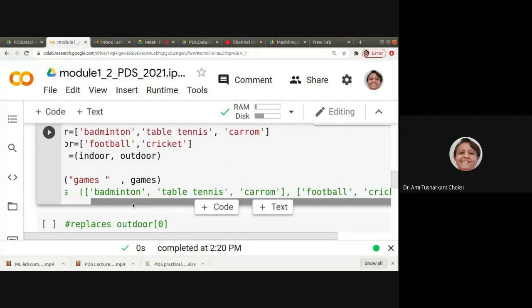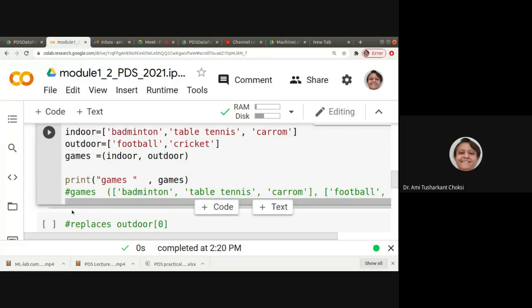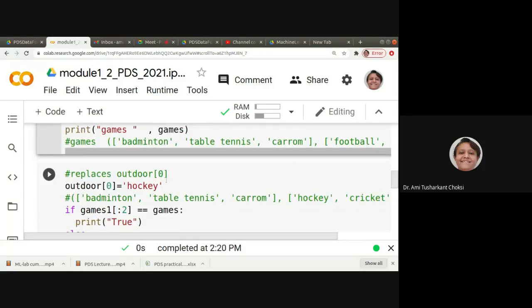Why have we done the same thing? Because we want to have the values like the original one, and then we want to do something, right? What we want to do is we want to replace the outdoor 0. So how can we do that? Outdoor of 0 is equal to hockey, right? We want to replace that.